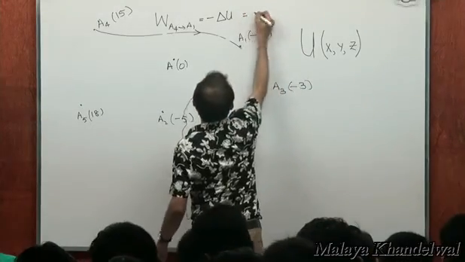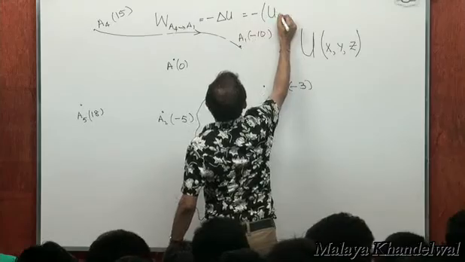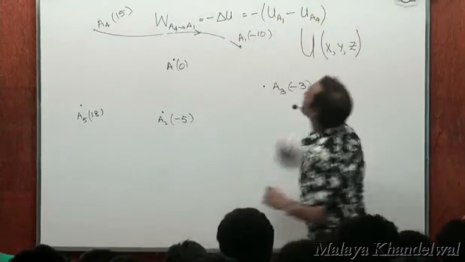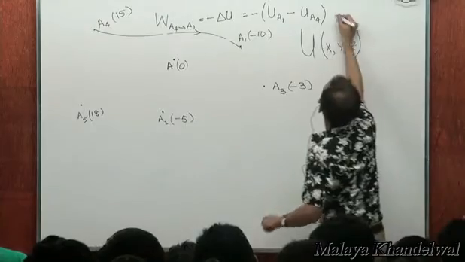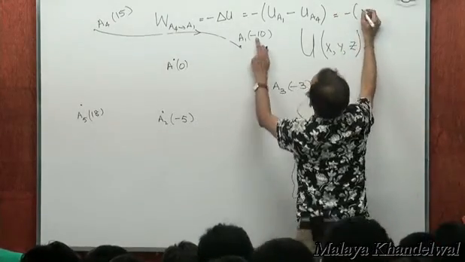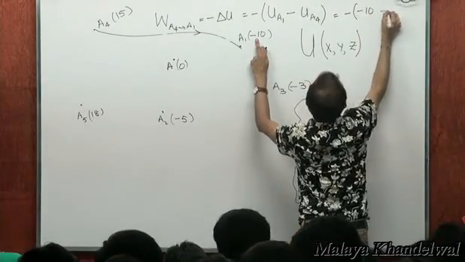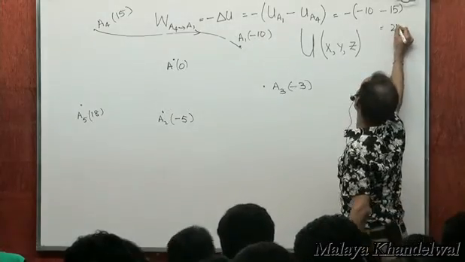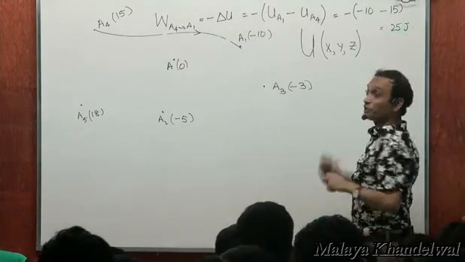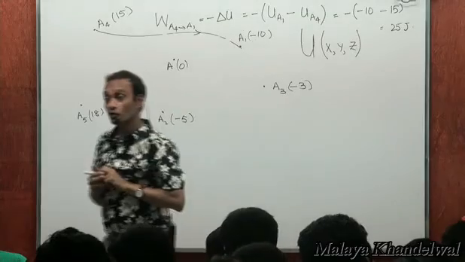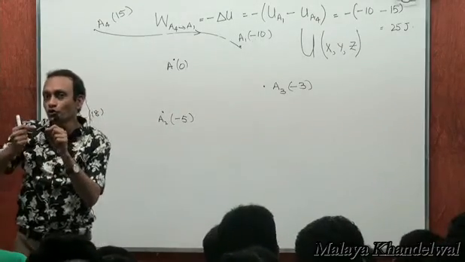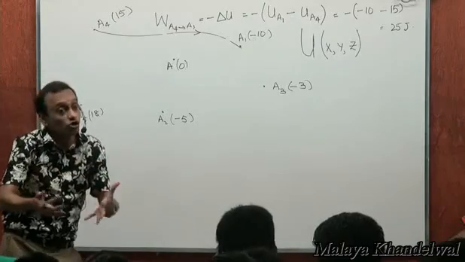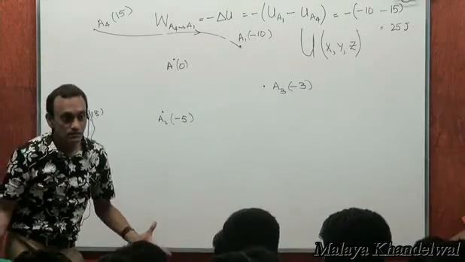So this would be minus of u at the final point minus u at the initial point A4. u at the final point, A1, is minus 10, minus u at the initial point, which is 15. 25 joules of work is done. And did it require any integration? No. And I could do this calculation for any 2 points of this region without taking recourse to complicated integrals,